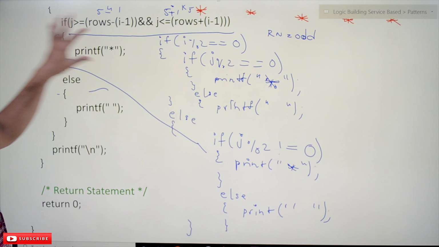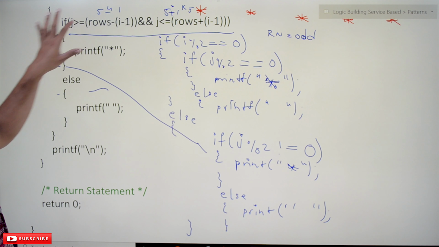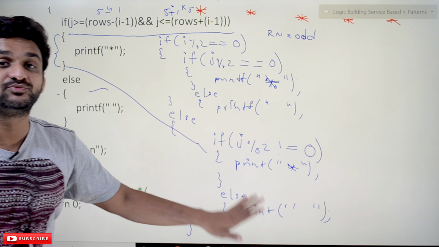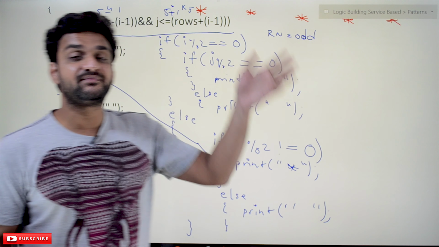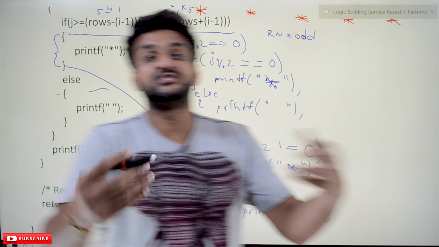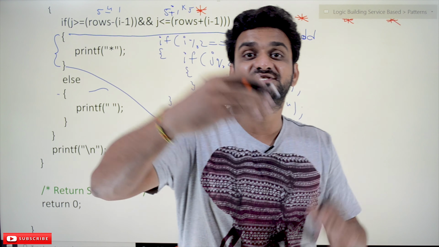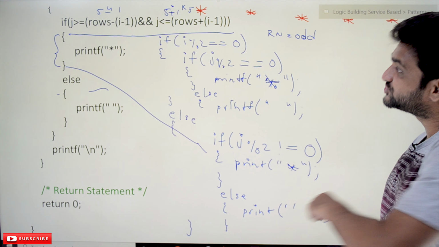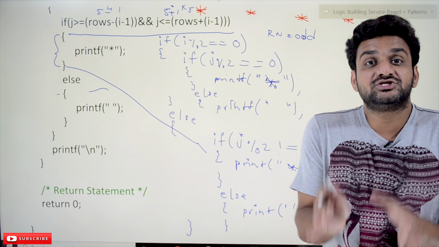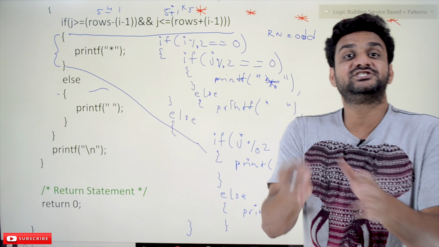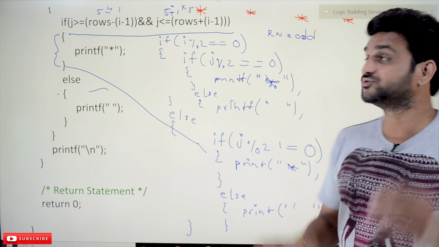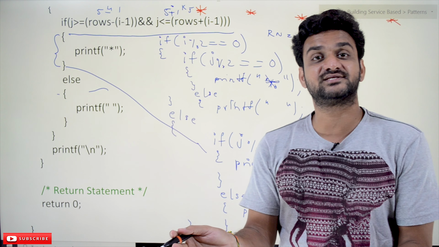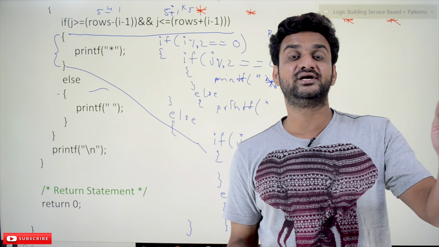Okay, so with this else it will be fine. So the conditions that are to be inserted within this if statement are this, this is the programming that needs to be done. This program is for the full pyramid where every value is printed with a star. But if star, empty space, star has to be filled, this is the condition that needs to be implemented, and this is the logic behind the full pyramid presentation with empty spaces. There are some chances for you to print the pyramid in this way also. So if that is the case, how to think of it? We have to understand the logic.